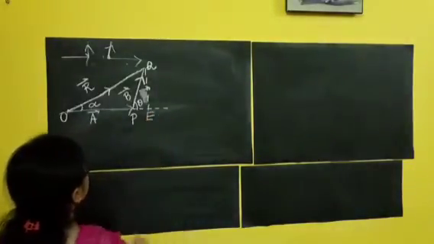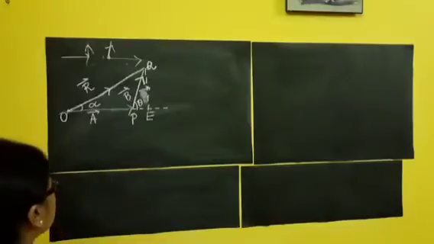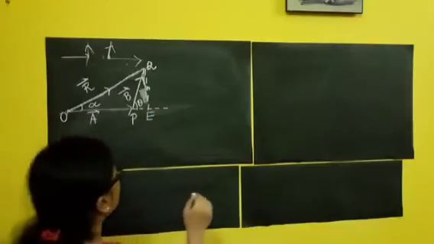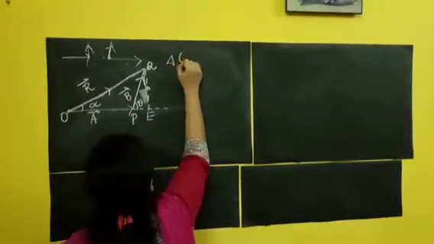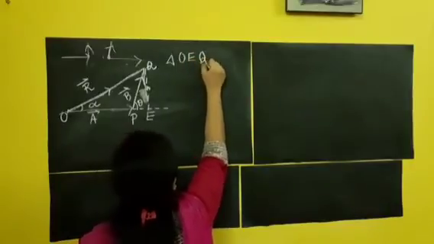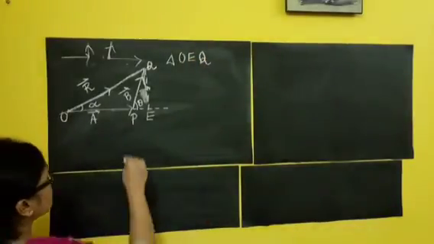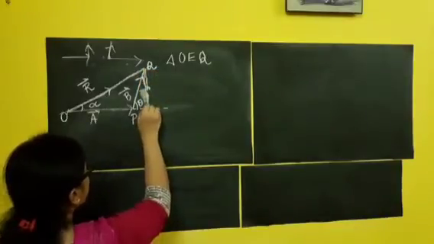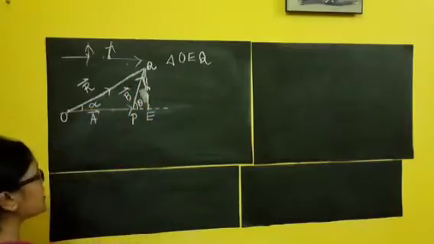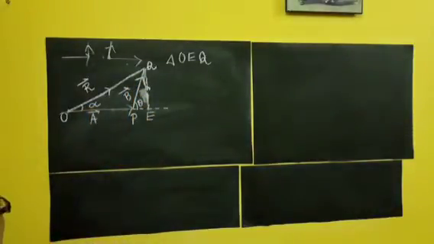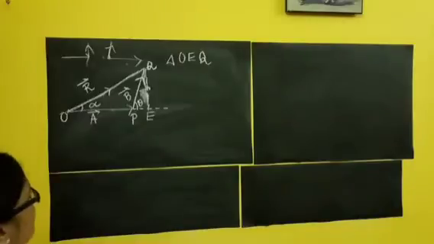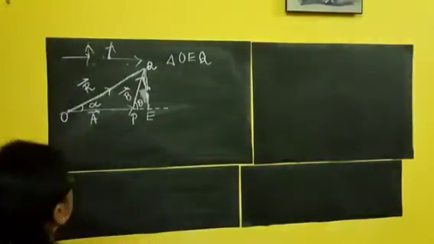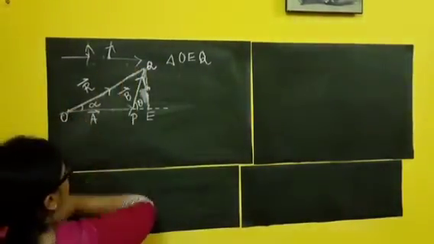So first thing first, coming for the large triangle, means if I am going for this whole triangle, triangle OEQ, see the triangle, this is a right angle triangle because I had drawn a perpendicular over here. So if I draw a perpendicular, this angle is 90 degrees and this whole is a right angle triangle. What is Pythagoras theorem? From Pythagoras theorem we know that hypotenuse square equals perpendicular square plus base square. Who is the hypotenuse of this triangle? OQ is the hypotenuse of the triangle.